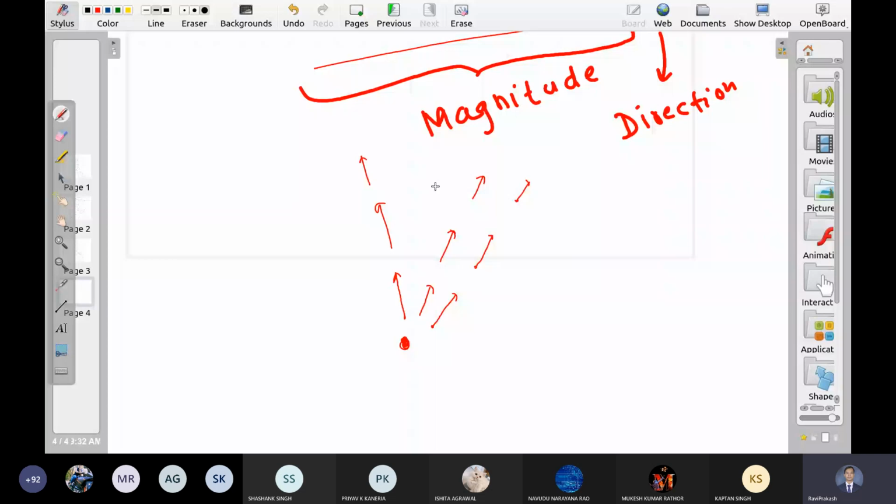Let us say I want to see what is the electric field here. Then what will I do? Draw one more vector with a slightly smaller length. Now it is overlapping with the previous vector. So I can use this definition, but as you can see, it is not very feasible. What is the alternate way?